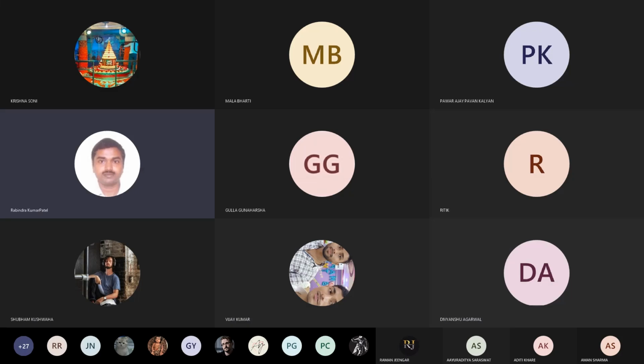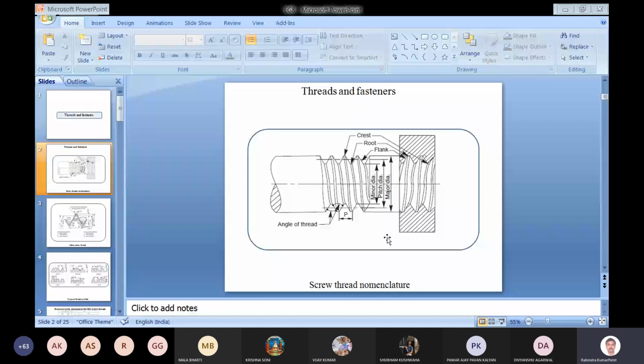Cut is a thread, and it can be on two surfaces. One can be on an external cylindrical surface and the other can be on an internal cylindrical surface. Both will be the thread. One can be called an external thread, the other can be called an internal thread. And in this thread there are various things which can be